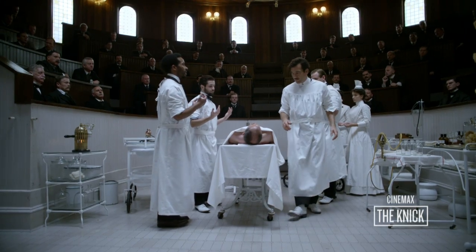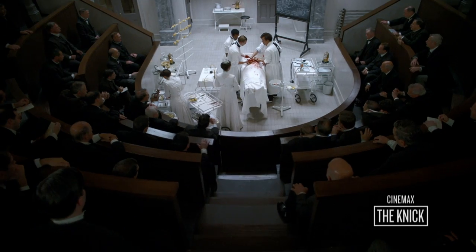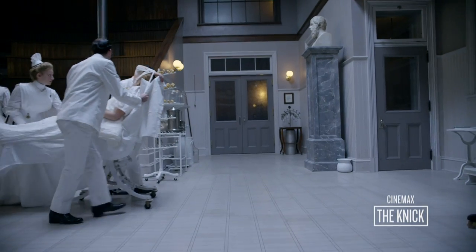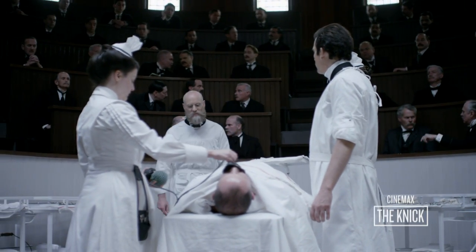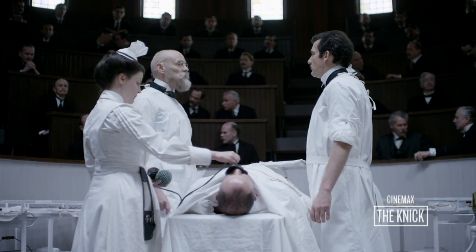You don't see spaces like this very often in the modern world. The volume of space, the kind of curves. This operating theater was about a 4-week build. It's sort of the heart of the show. Thackeray is a showman, if anything, besides being a brilliant surgeon. He's a giant ego, and this is a perfect opportunity for him to sort of expound and tell people his